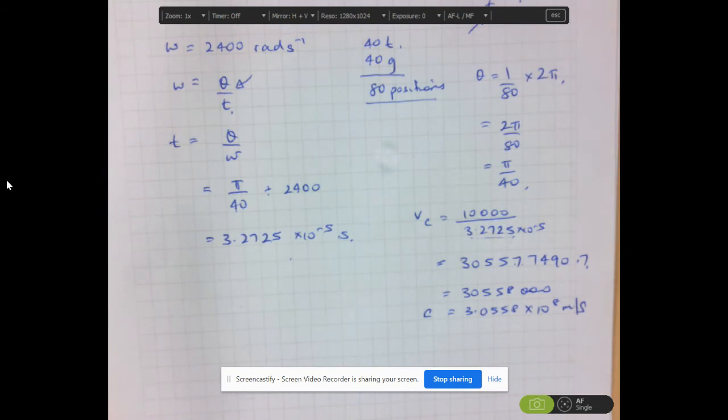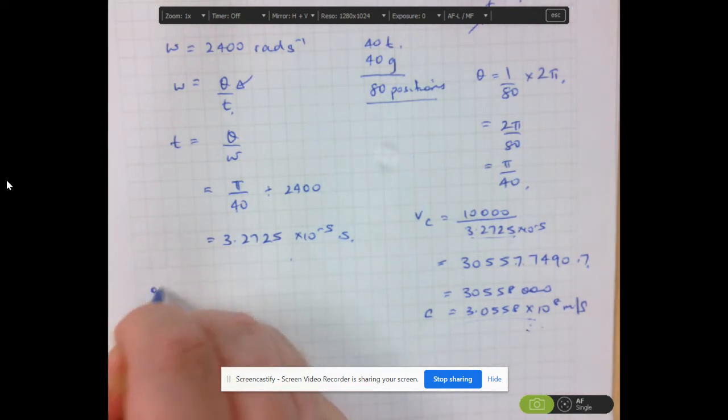Our question is, what is the accuracy? The accuracy, of course, would be how far this differs from the true value. We have noticed that the value is slightly higher, so it's going to be over 100%. So the easiest way to work here would be to work out the percentage error and then subtract that from 100. So working out the percentage error,